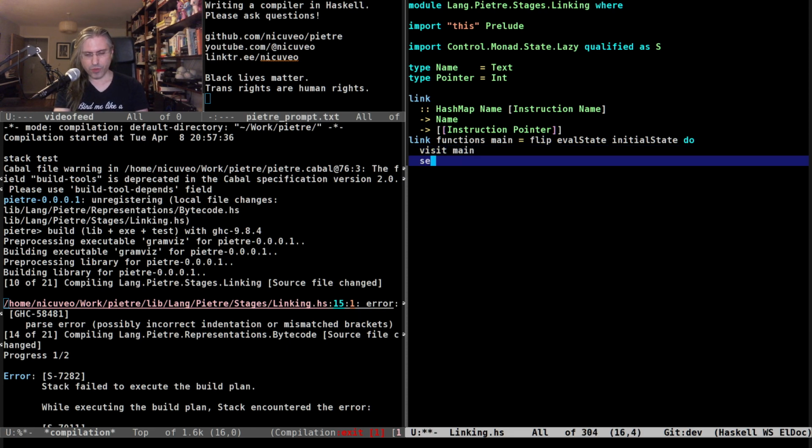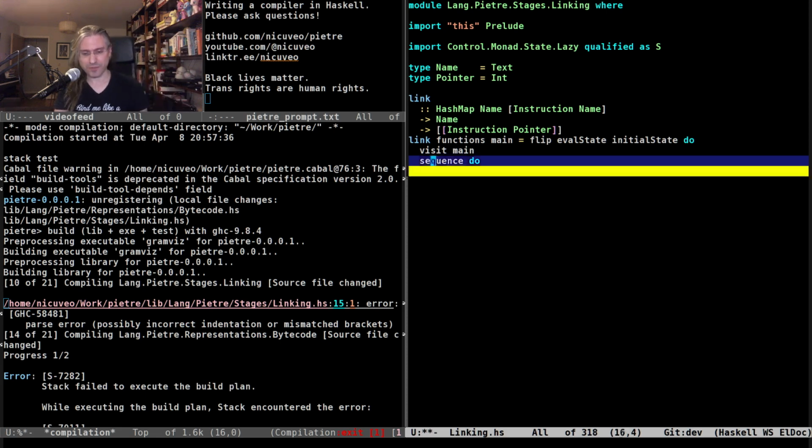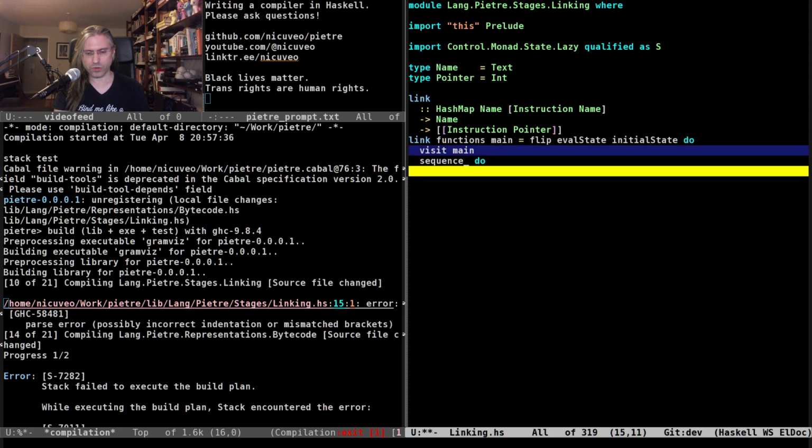And then we're going to do a sequence of instructions in our monad. So sequence takes a list of monadic actions, returns a monadic list of actions. So here we're going to create a list of actions to perform, and that list of actions to perform is going to be for, I guess I should do,